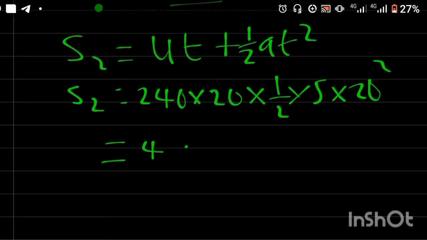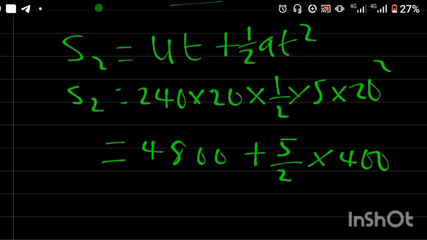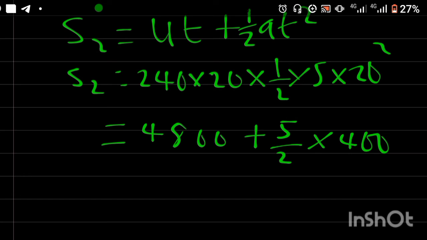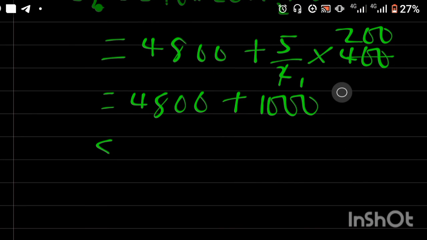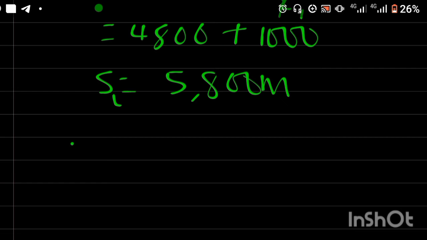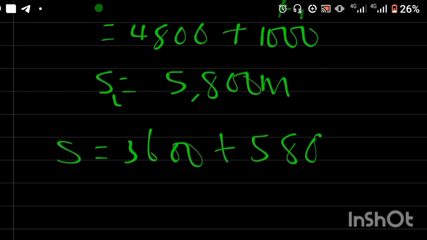We have 4,800 plus 5 over 2 times 400. Therefore, the total distance covered for the first and the second acceleration is given as 3,600 plus 5,800 meters,